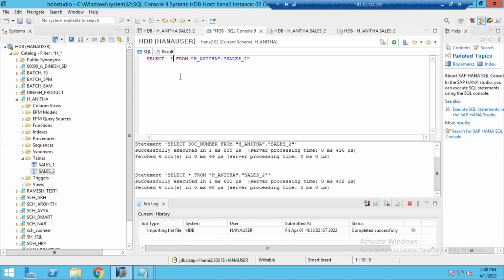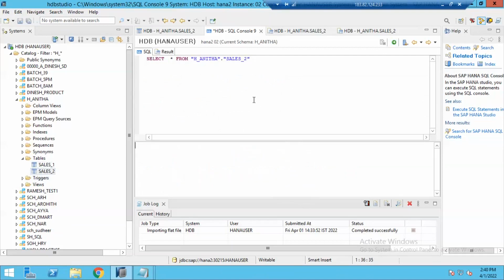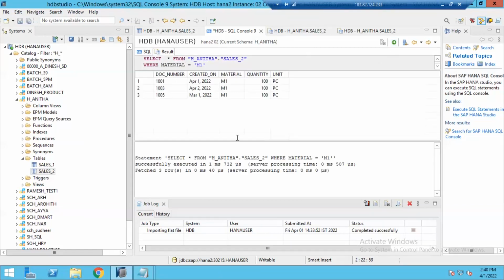So this is one statement. Every time bringing all data from the table, you know what will happen if the table contains huge data, you will face performance issues. HANA Studio may also hang. So for that reason, whenever you are writing a select statement here, you must specify the where condition. The where clause restricts the data to the selection you are passing. For example, where material is equal to M1. The data you give, you must give in single quotes, M1. Click on execute. Now what happened? Out of 6 records, only 3 records with M1 are available. It is showing that data only.